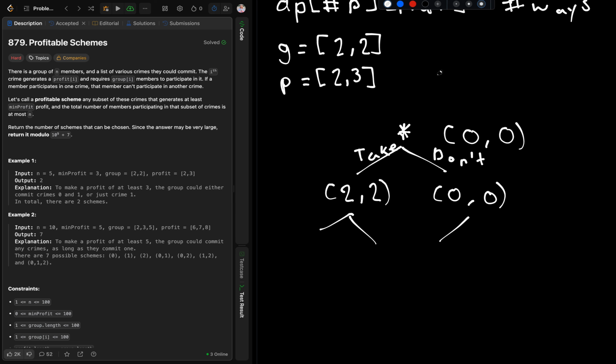If the number of people participating is greater than our n, we return 0 because that's an invalid way, right? But coming back to that,